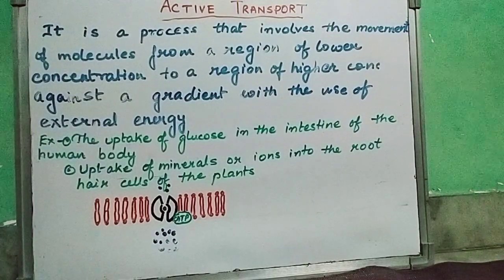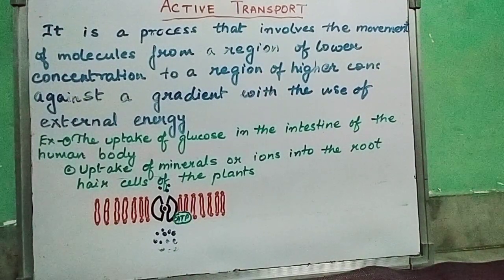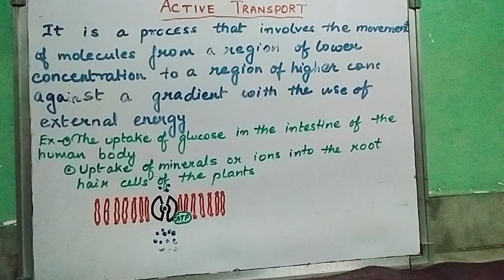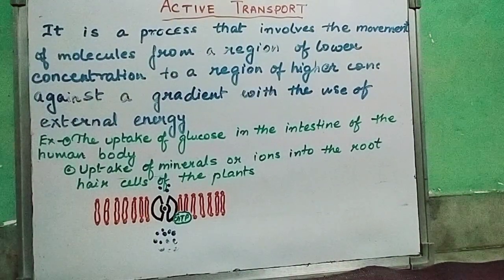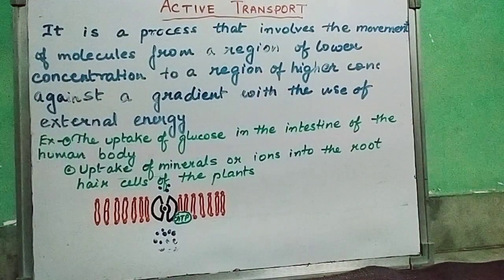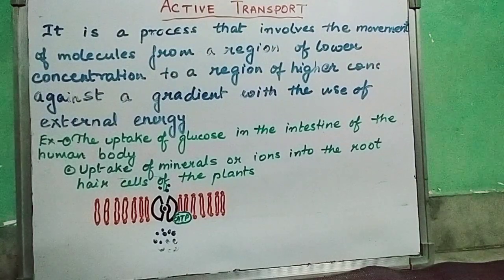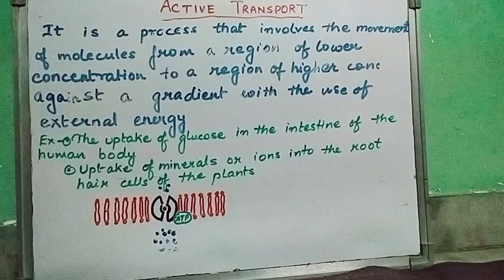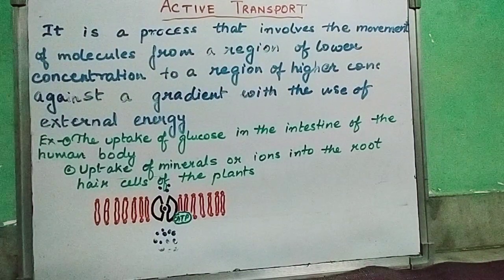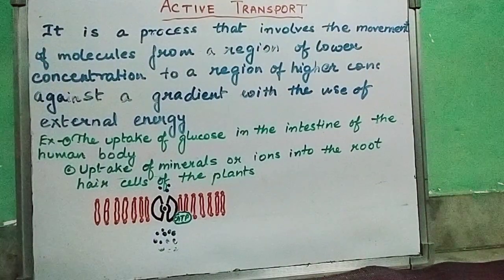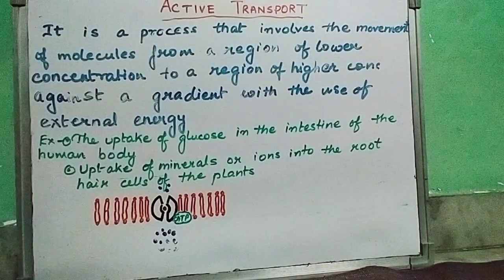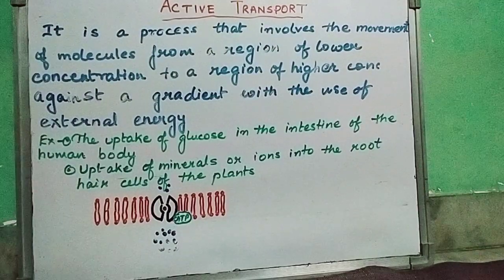So there are different examples and functions of active transport in plants as well as in animals, where important minerals or molecules are transported from the region where it is less to the region where it is higher. There are different types of active transport where energy is utilized in different forms. One is primary active transport, where molecules directly bind with the active site of the ATP, whereas the other uses electrochemical energy, that is secondary active transport, where the electrochemical gradient, that is exchange of sodium and potassium ions, takes place across the membrane of a cell, which is also known as active transport.